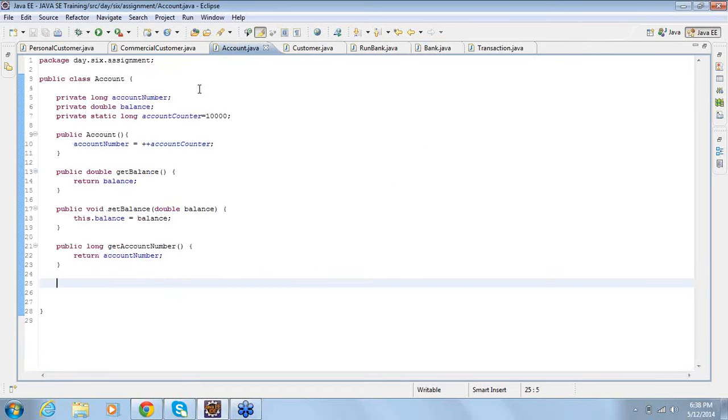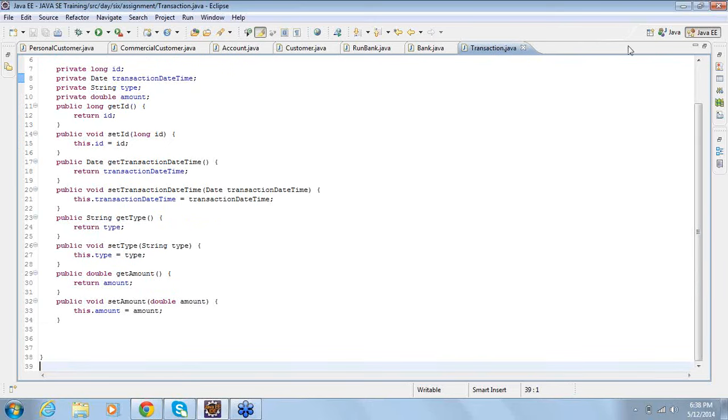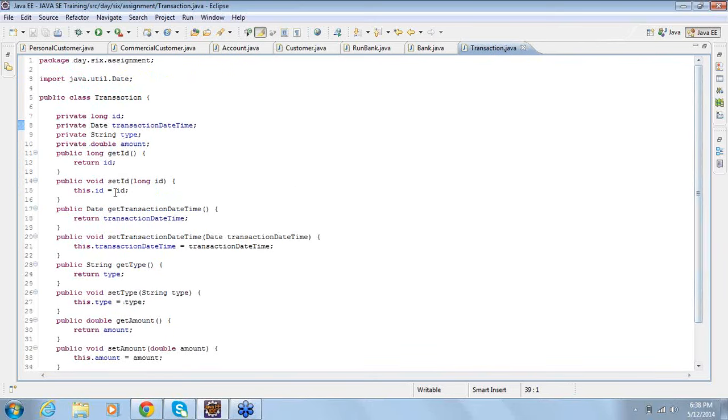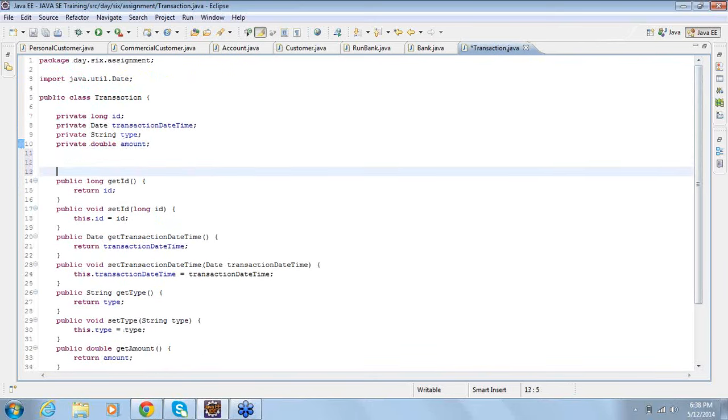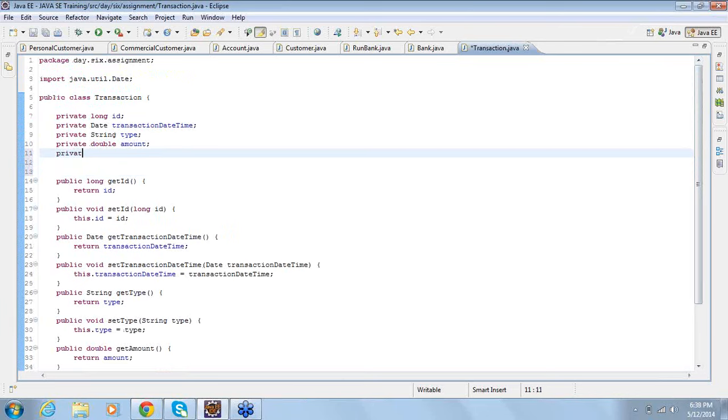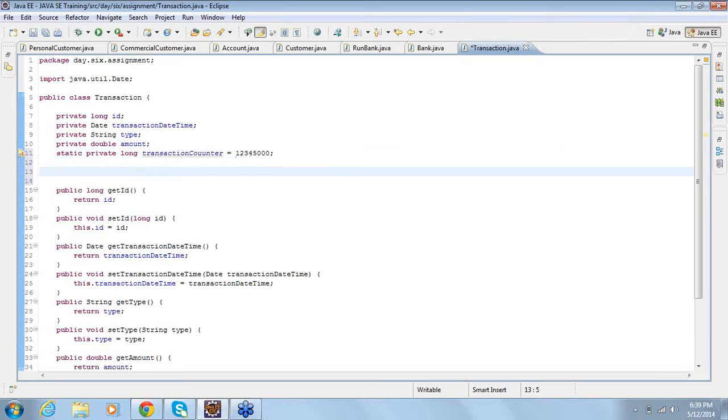So what I do is, okay, first I have not written a logic for generating the ID here. Transaction ID, let's go with this. Private long transaction counter. Let's initialize some value. Let's declare it as a static.